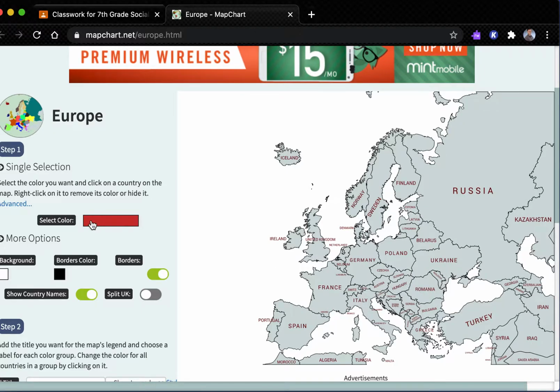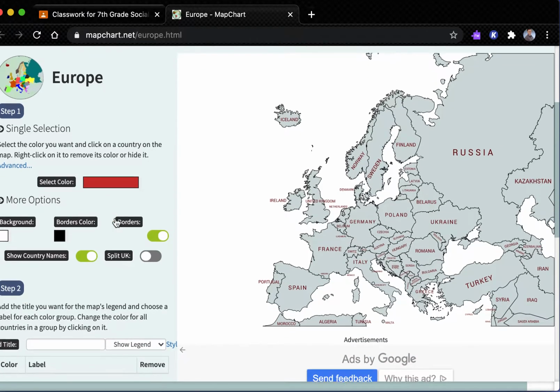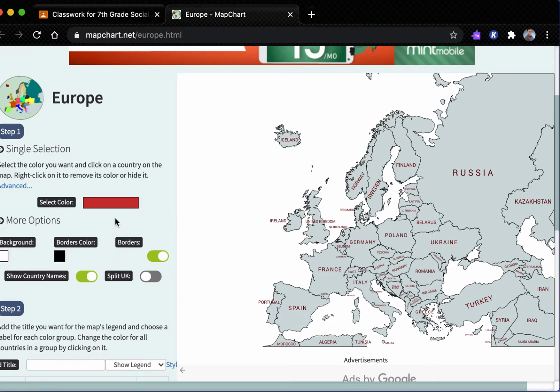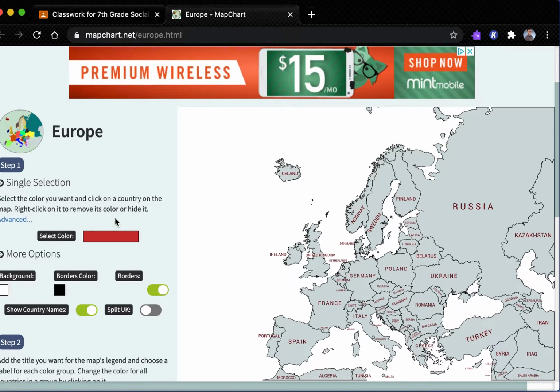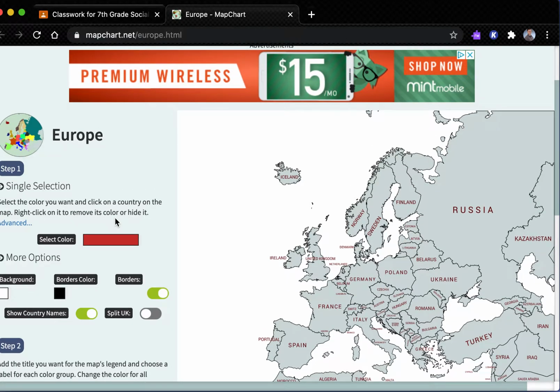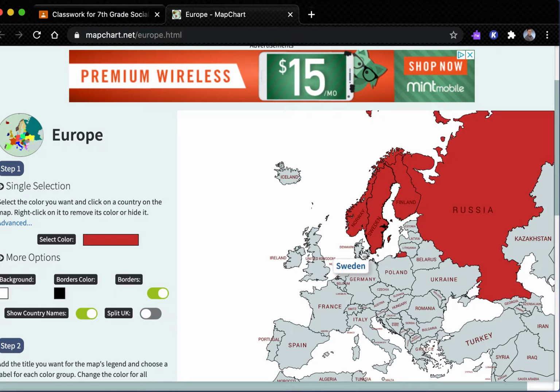The color that we're going to be using is red. That's already been picked for us, which is great. All you need to do is click on the specific countries that should be color-coded red. We are going to start with the Northern European and Baltic countries. So let's first click on Norway, and you'll notice it goes red. Then click Sweden, Finland, Russia, Denmark,